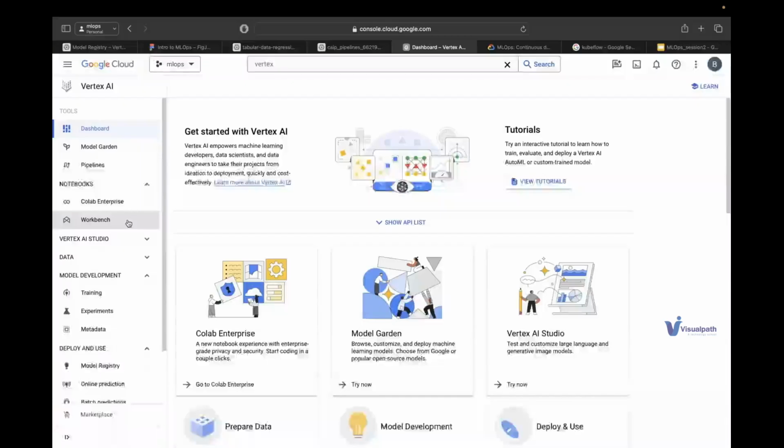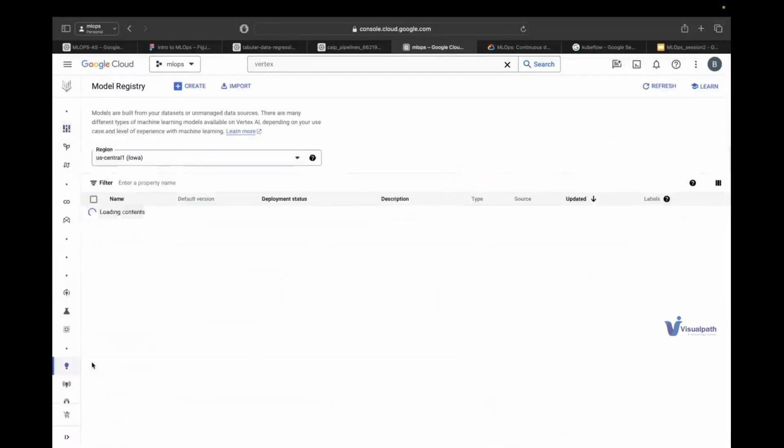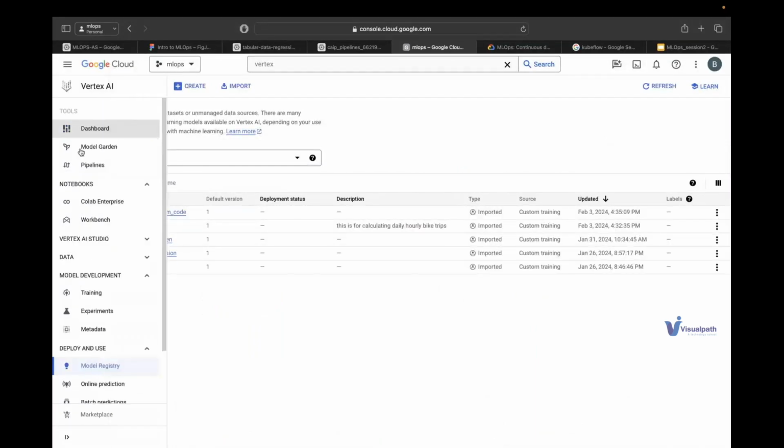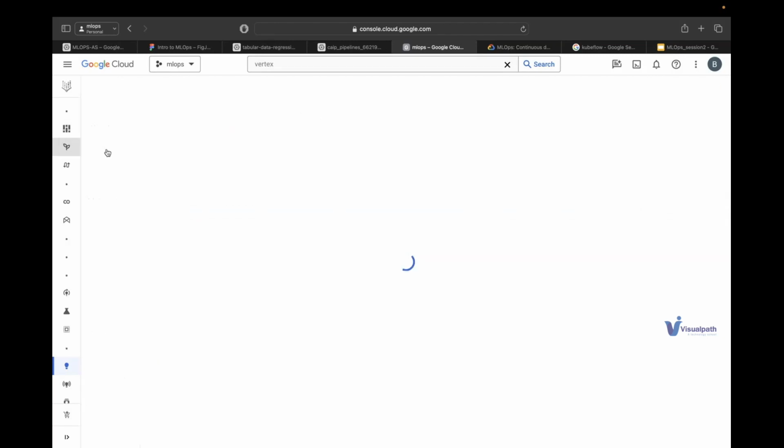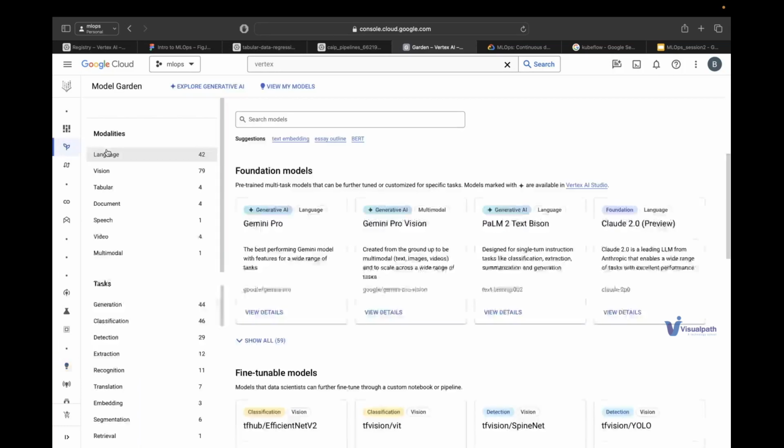This is the model registry. I think we were looking at this in one of the demo sessions. This is the tool that we were talking about so far, Vertex AI. Vertex AI is nothing but a unified ML platform which has all the required things under a single umbrella of the product, and we have the dashboard. Model Garden has all the different models, the LLMs, their own Gemini model, or maybe any PaLM or any other model, for that matter.